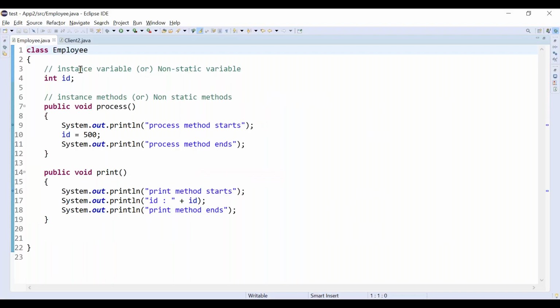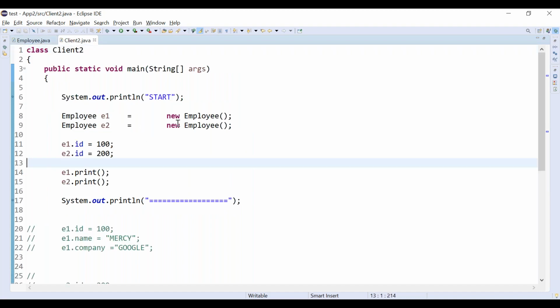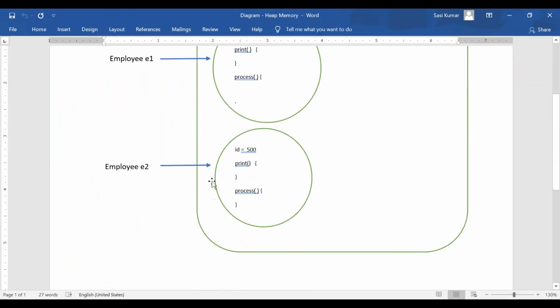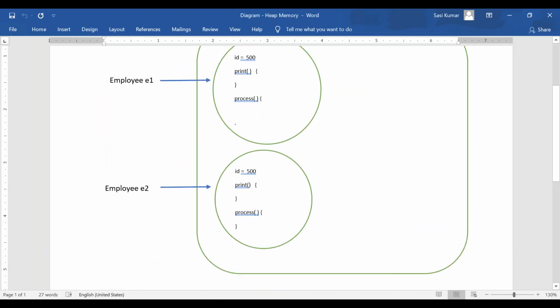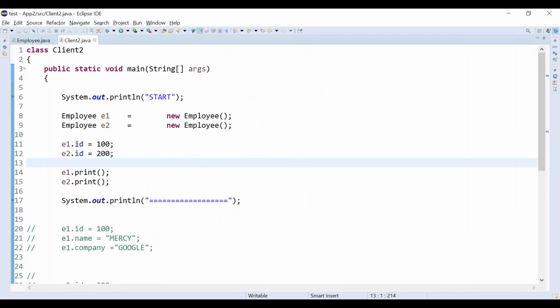So this is our employee class, right? What we have seen in the previous class, consider we are having two attributes. I'm just planning to give a quick recap. You are having employee one. How many objects have we created here? Listen carefully. We have created two objects here, right? If you use the new keyword, this is called object creation.